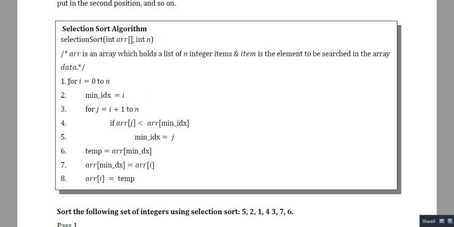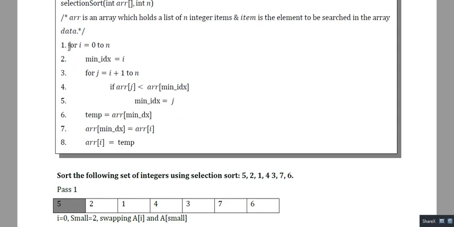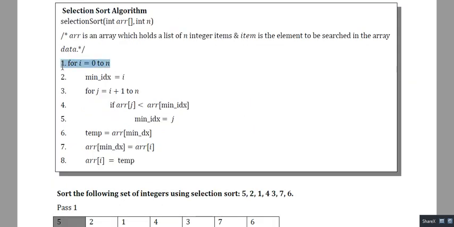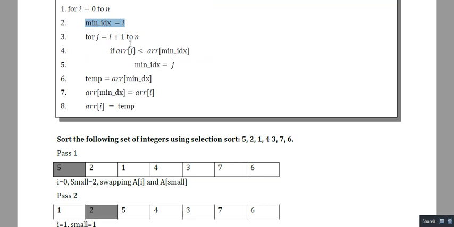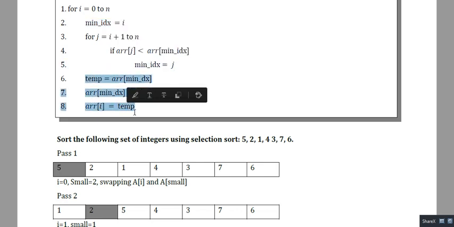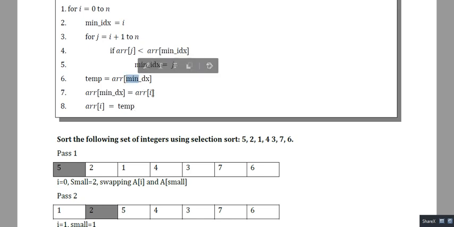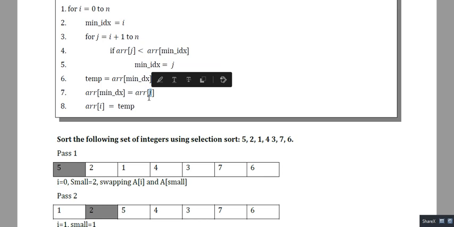So in our selection sort algorithm, if we have n number of elements, then we have to go for n number of passes, right? In each pass we are selecting the minimum element. And after doing that we are swapping that minimum element with the ith index element. That i is going to vary from 0 to n minus 1, right?